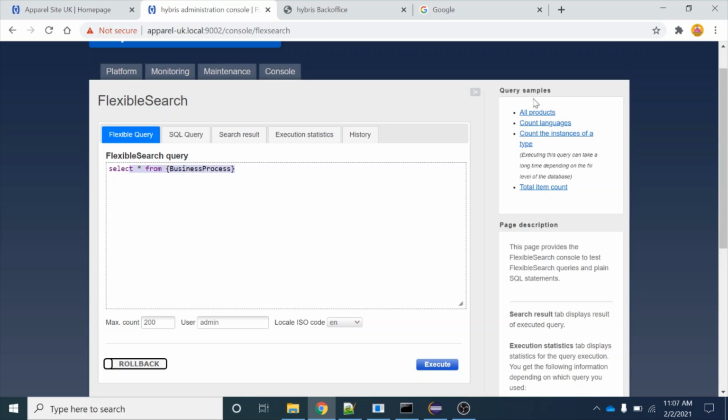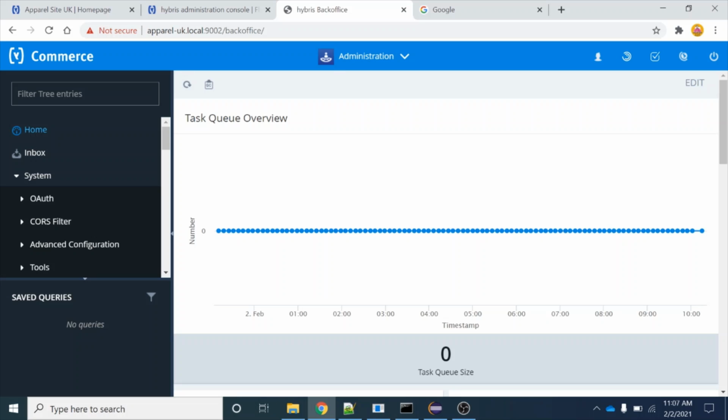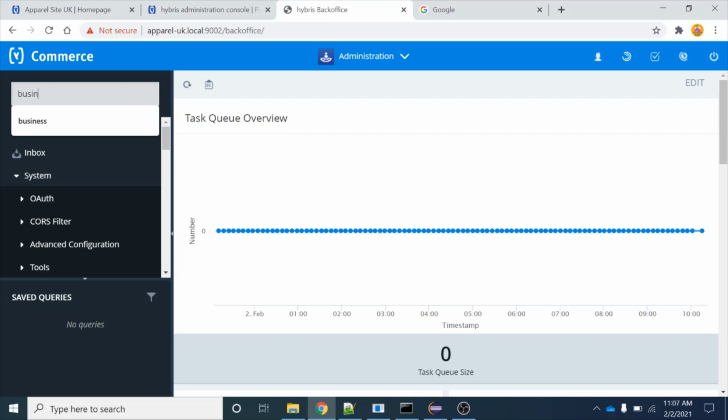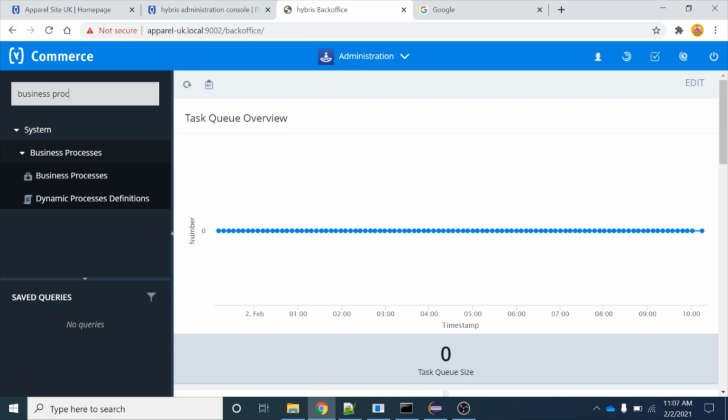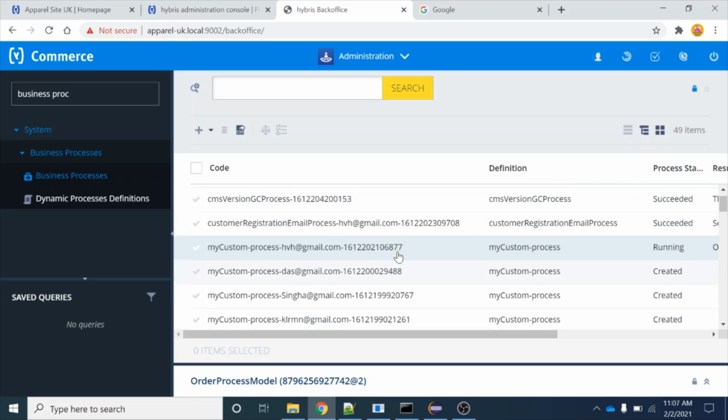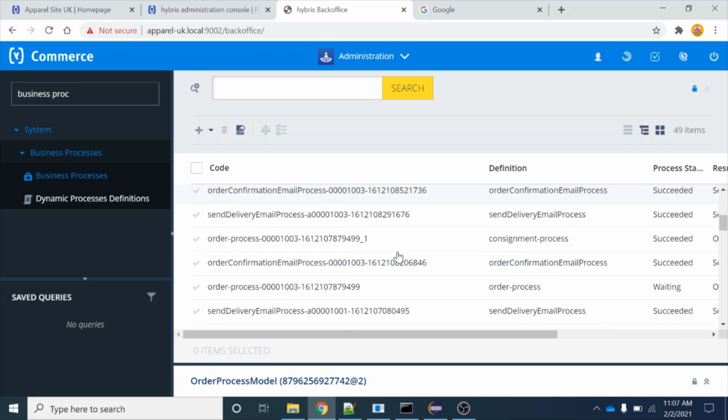This video is going to be a bit lengthy because we will be covering almost all the topics related to the business process. So before starting anything, let me firstly show you how the business process looks like. So if I go to back office and over here if I just search business process, you will see we do have this option. If I click over the business process option, you will see these all are the business